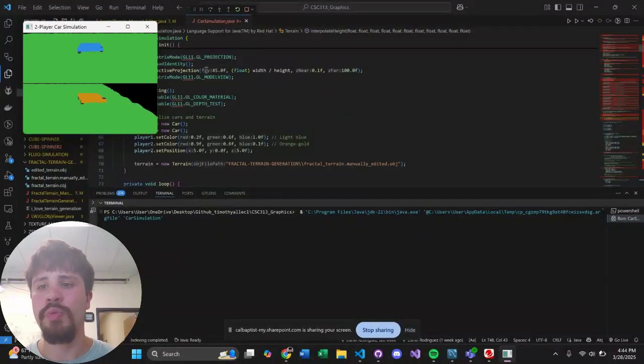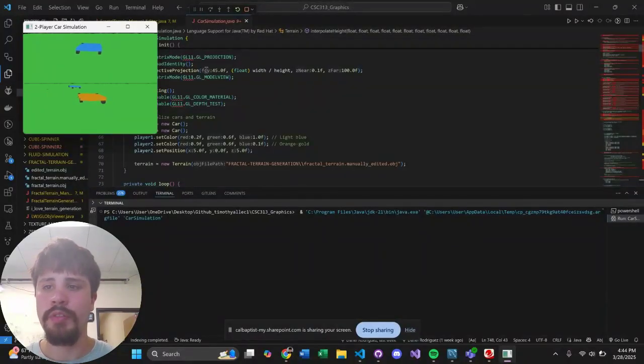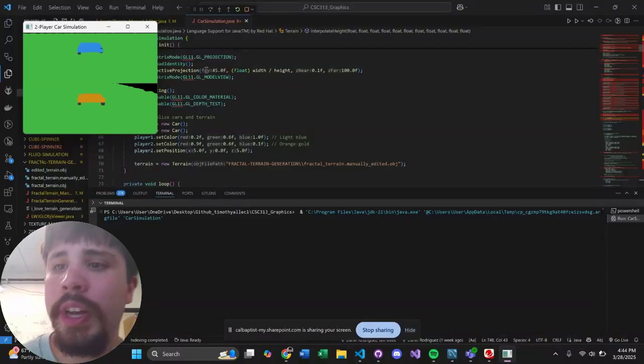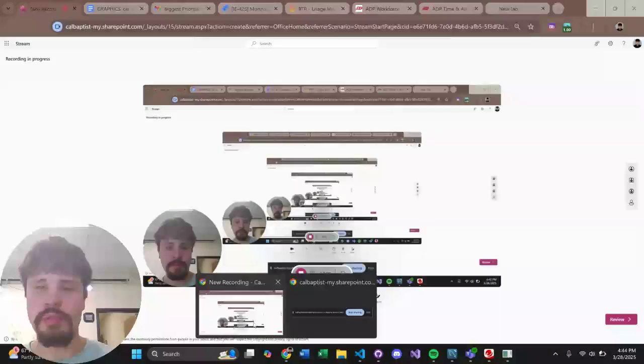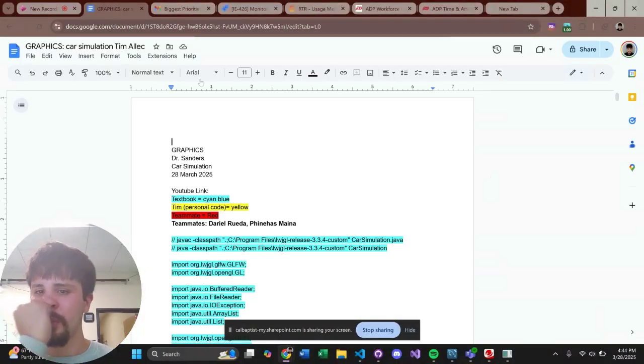And this is the terrain which is generated from our fractal terrain generation. And we changed the color of the cars for them both to be orange and blue to make more of a distinction. And then if I go into my doc and go deeper into my code, so I work with Dario